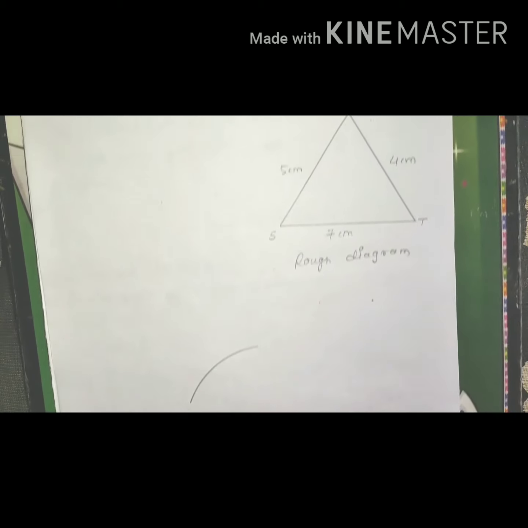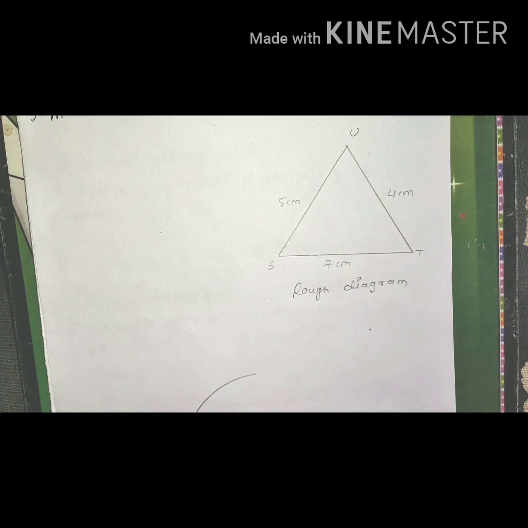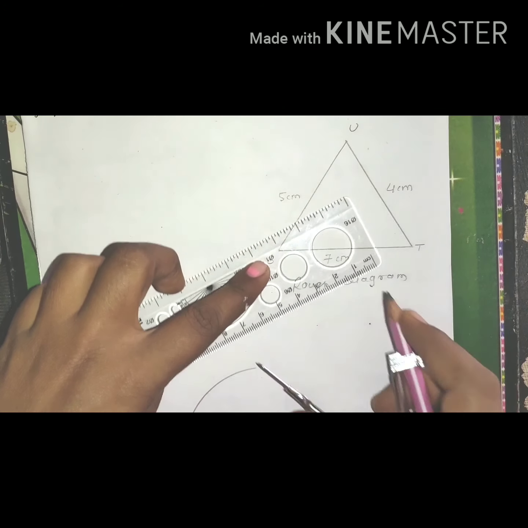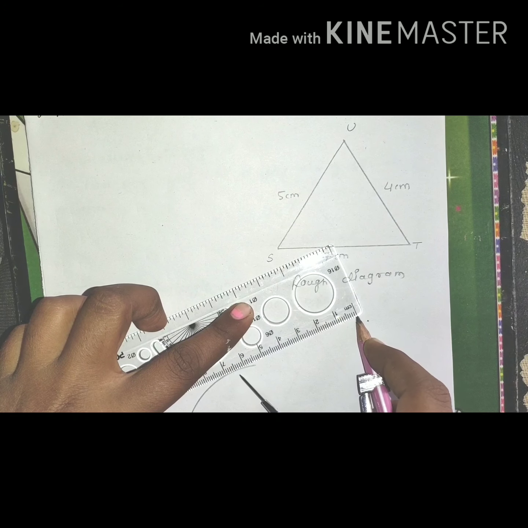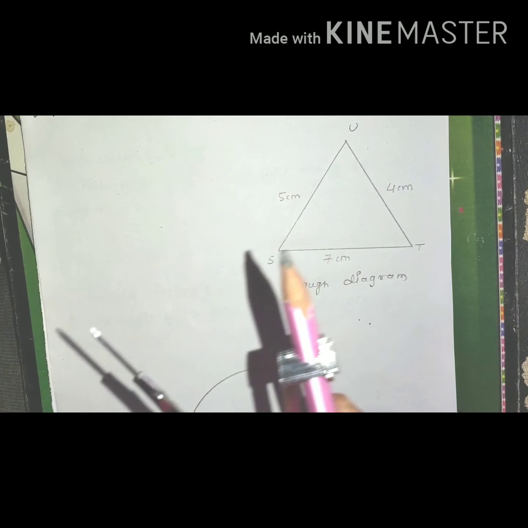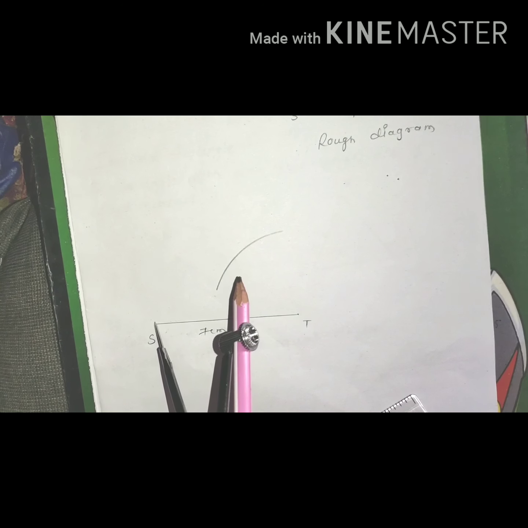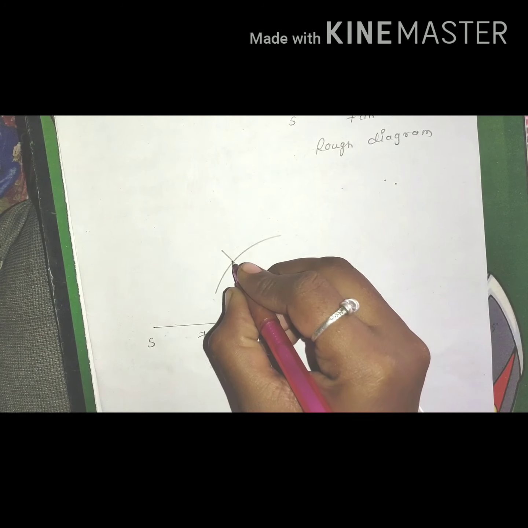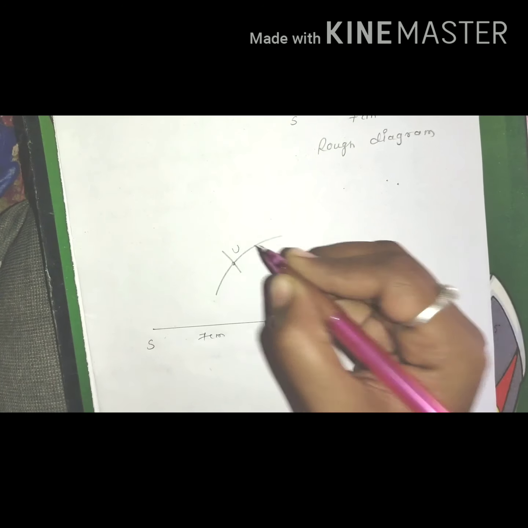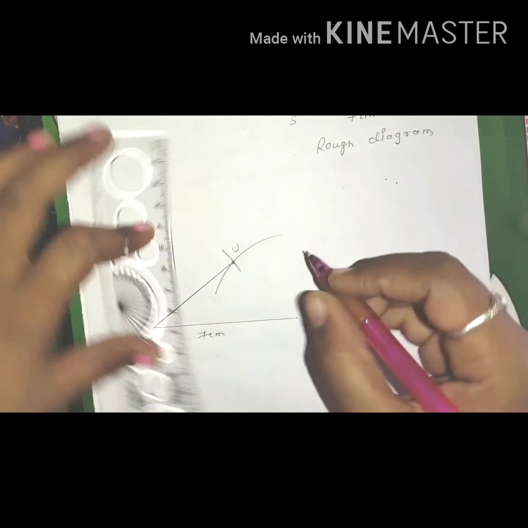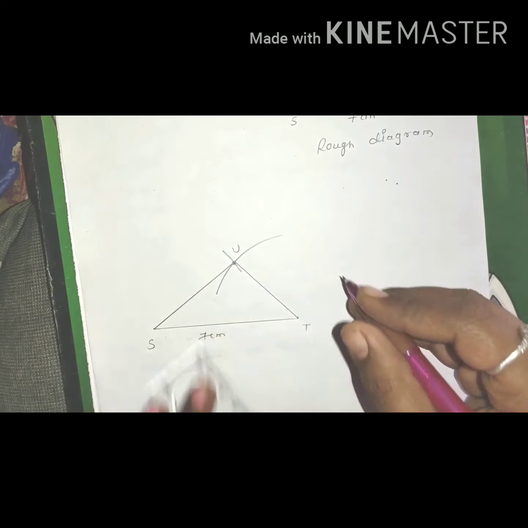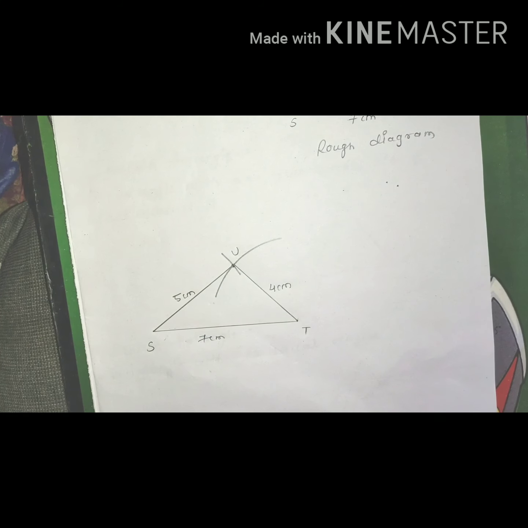Okay. Now the second one, segment SU, which is of length 5 centimeter. So in a compass, take a distance of 5 centimeter. Now keep this compass at point S to make an arc, which is going to intersect the first one. Now here we get a point of intersection. Yes. This is the third vertex, vertex U, and draw the segments SU and UT. Write down the measurements 4 centimeter and 5 centimeter.